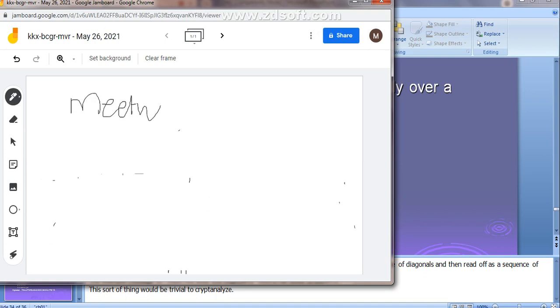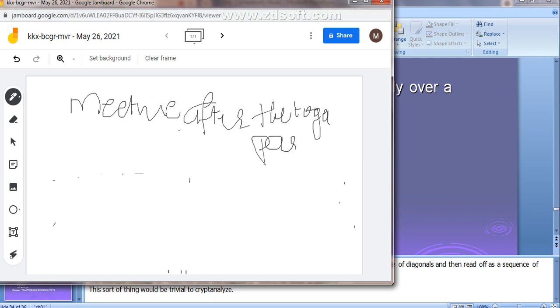I hope it is clear. Only they have considered here the depth of 2, that is number of rows as 2. If I consider the number of rows as 3, can you write the ciphertext for that, guys?